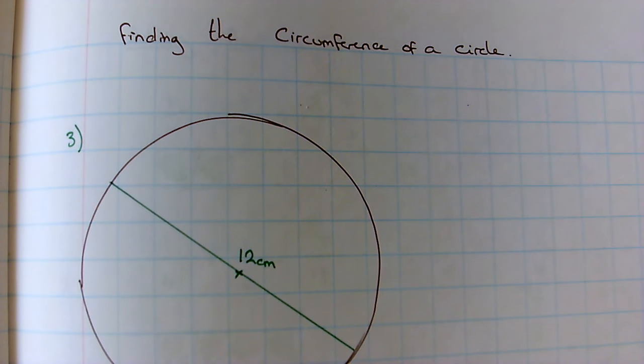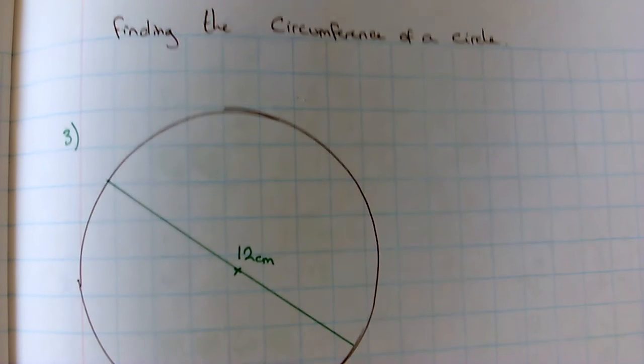Okay, welcome to this short video clip on finding the circumference of a circle. We're going to look at three questions. One where we have been given the diameter, one where we've been given the radius, and then we'll look at an application question as well, a GCSE question. Before we begin though, we need to write down what the formula is to work out the circumference of